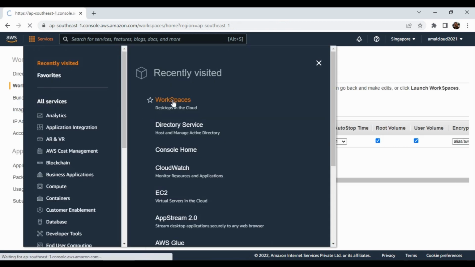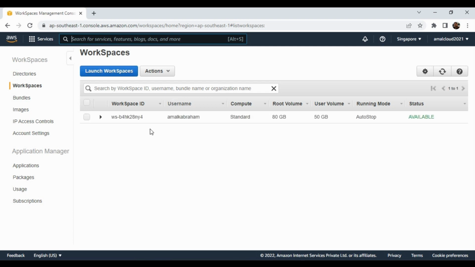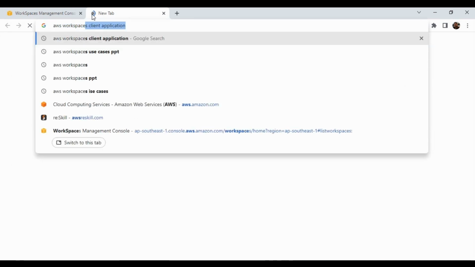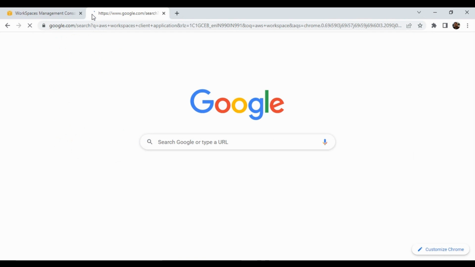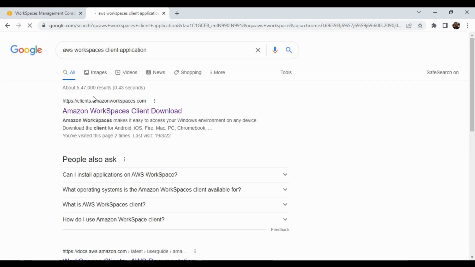So I already pre-created a workspace for us to demo. Let me go to that workspace. I have my workspace which is started and available. Let me access it, right? As part of the prerequisite, we said that for accessing your AWS workspace, we need an AWS Workspaces client. So let us go to the internet and type AWS Workspaces client application, which will redirect me to clients.amazonworkspaces.com. I'll click on that,